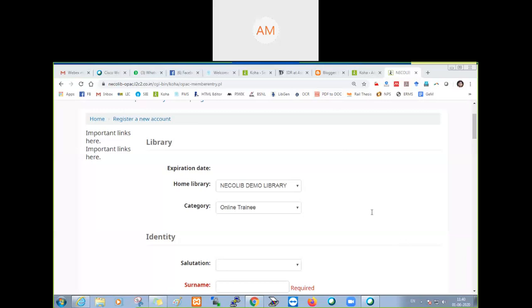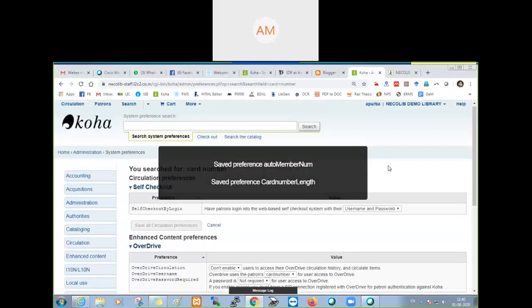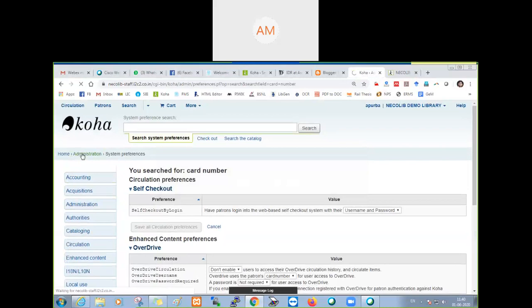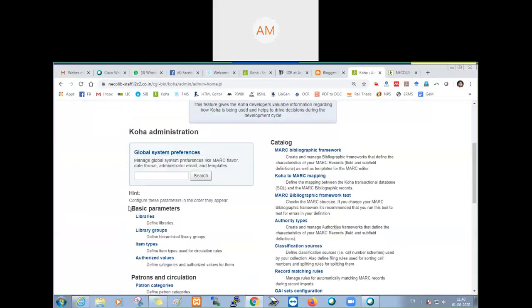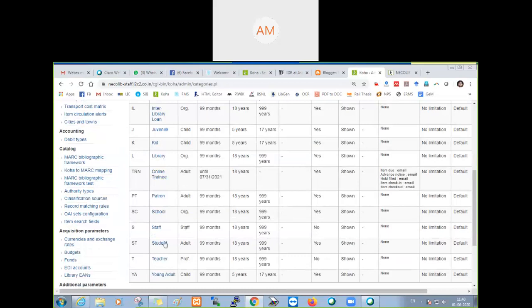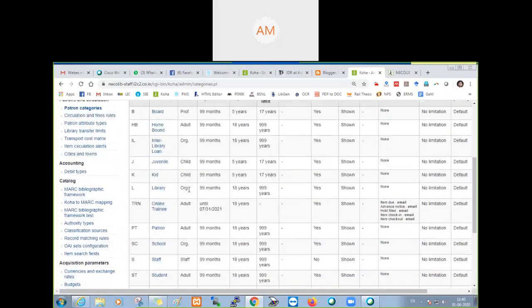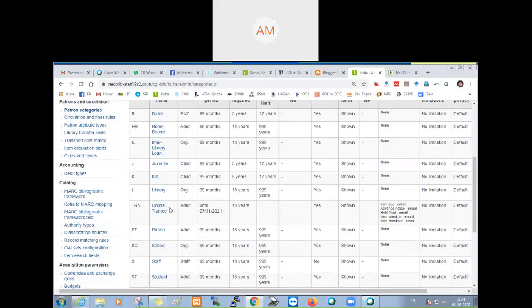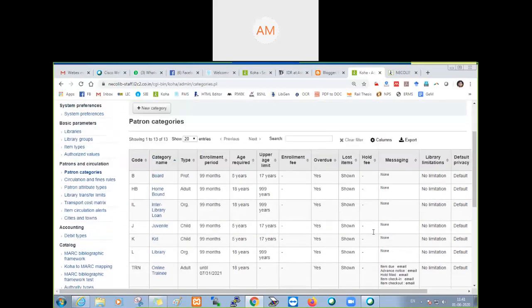Okay, Tanushree said, where will the TRN category be pulled from? Okay, I'll again show the step where you got the TRN category. In the last class I showed you where to create a new patron category. You just go to Koha administration, patron categories. We saw the categories. You can give any category according to your wish. So we have taken the TRN category from here, in the patron category list that we made in the last class.